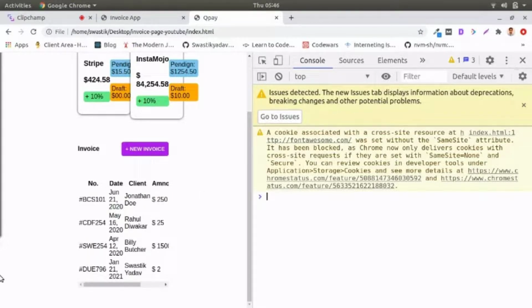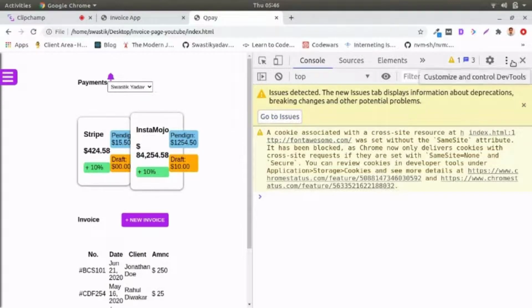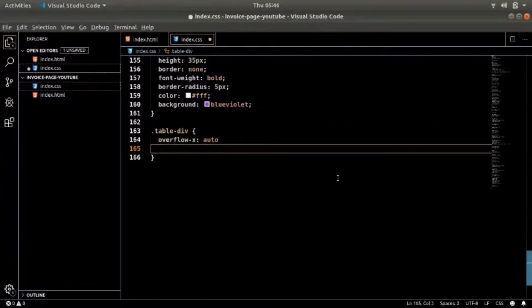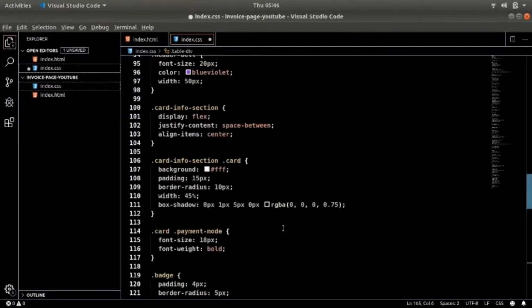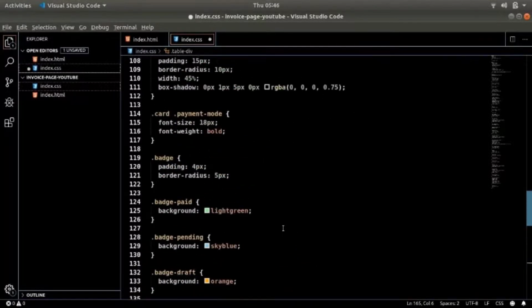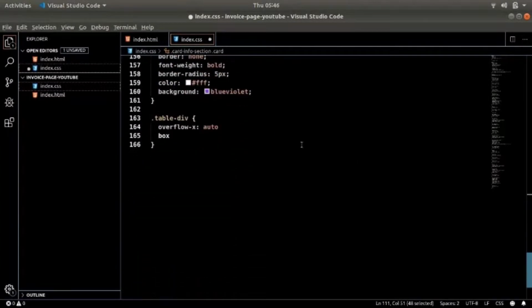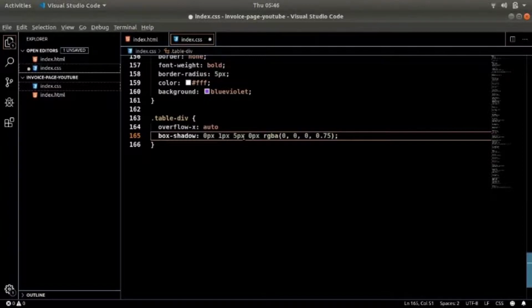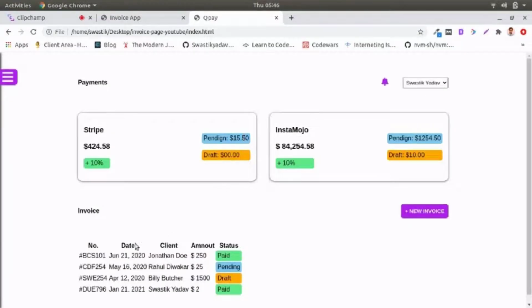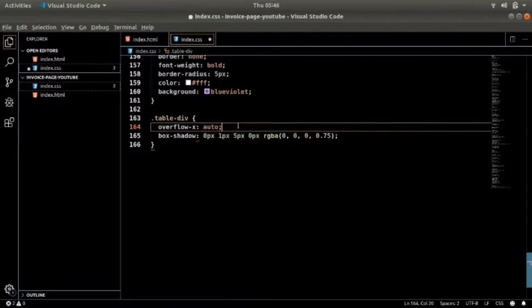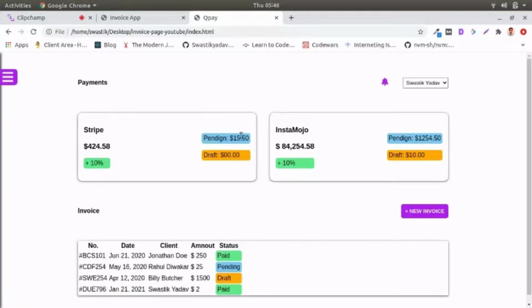Okay, and don't worry about the look right now, because we are going to fix all of that with our media query. With that in place, I'll just add a box shadow. Box shadow will be the same as we added on the card, and just paste it over here. And with that, we have it. Okay, here we have it.